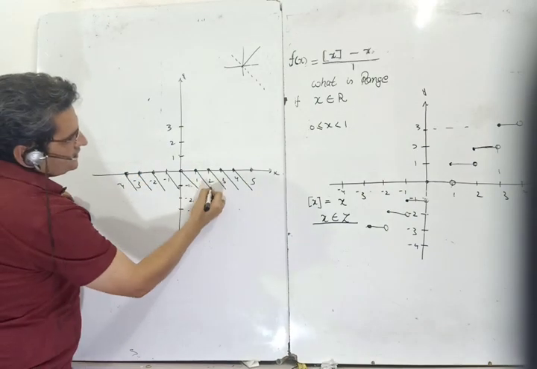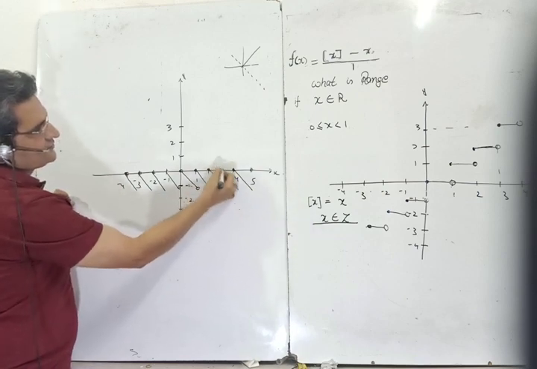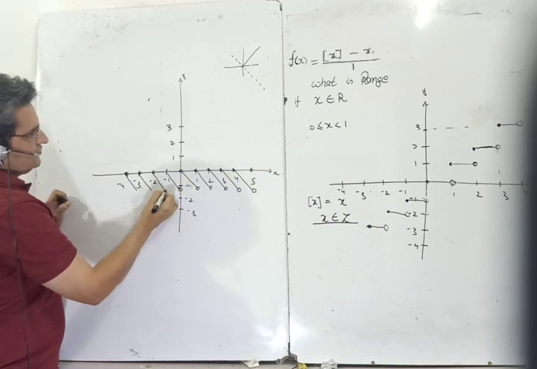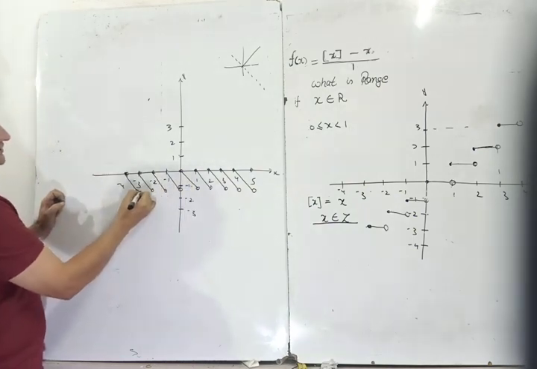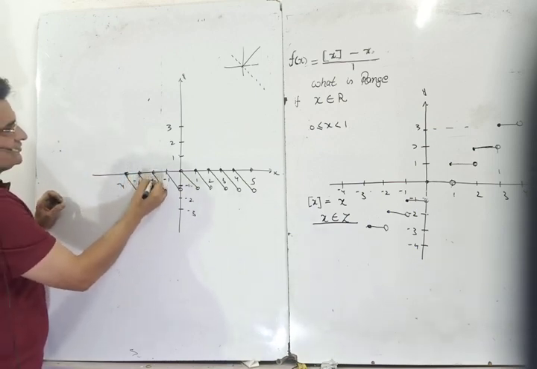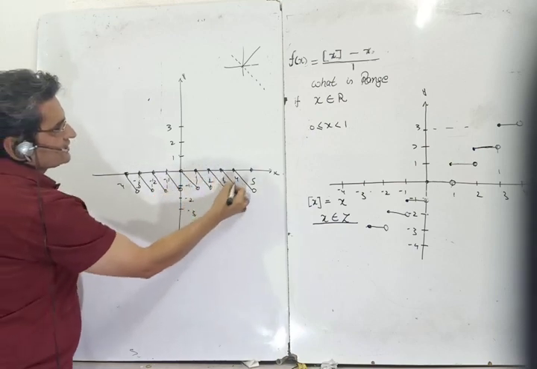And here this becomes a circle because at this point it jumps to 0. Again at integer it jumps to 0. So it will move along minus x till such time an integer value comes and again jumps to 0. So this is how we can show this graph. To check, you can have a dotted line.